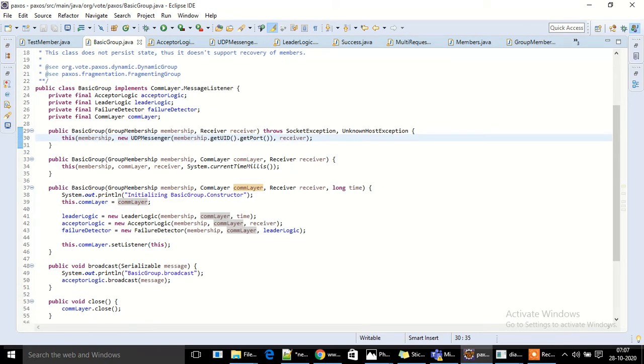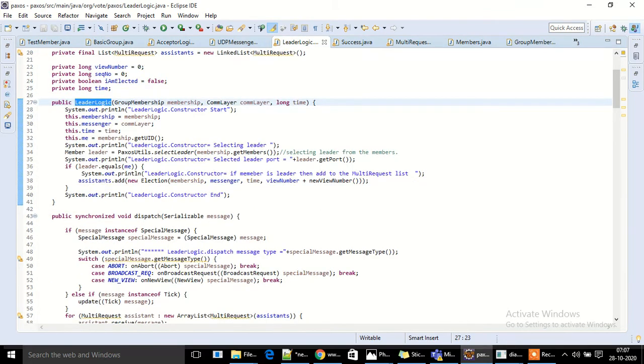So that is the UDP messenger, and let's go to the leader logic. Each member is connected to the leader logic. Basically at the leader logic, we have the membership which is already defined for each member, and a leader is elected by default without any election, since no election messages have been sent. So by default one leader would be selected.